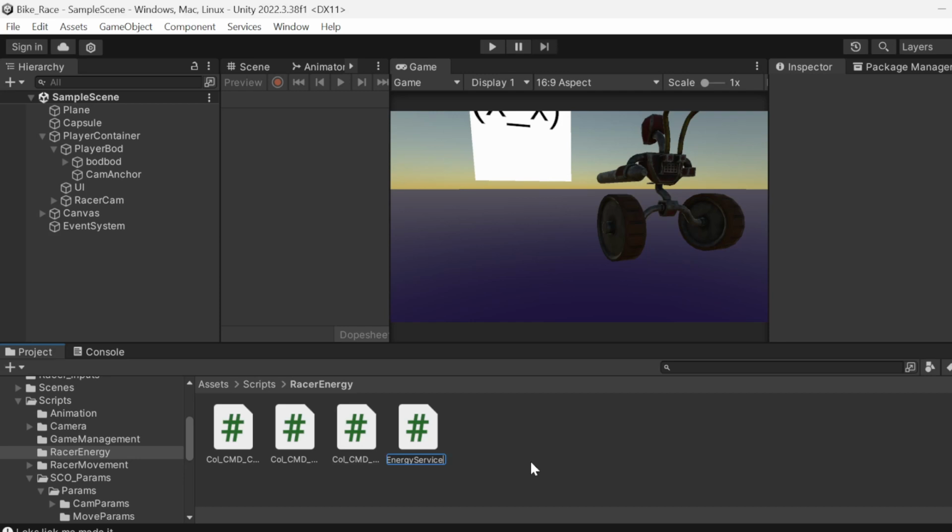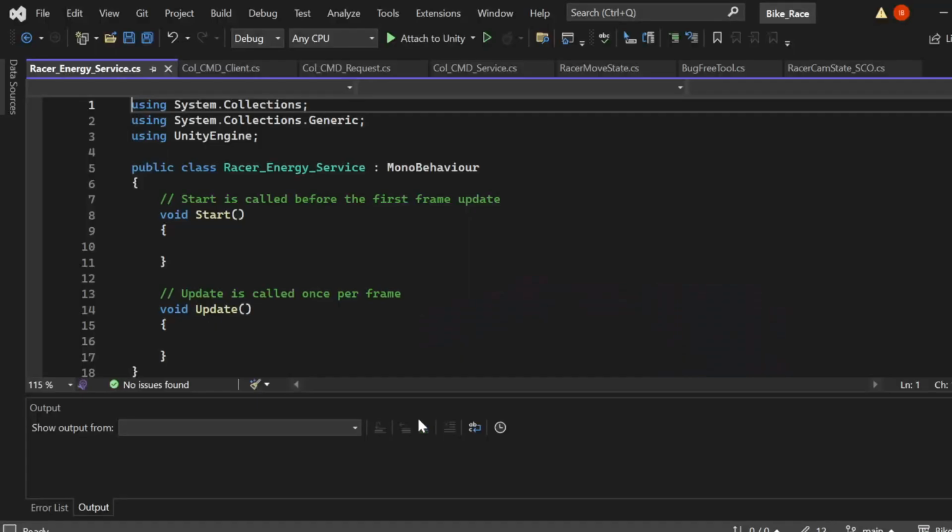And what does this energy service do? It's basically just to manage your energy. And the reason it's a service is because it has a service that'll be callable based on a collision. So we can add to this energy. So the way we do that